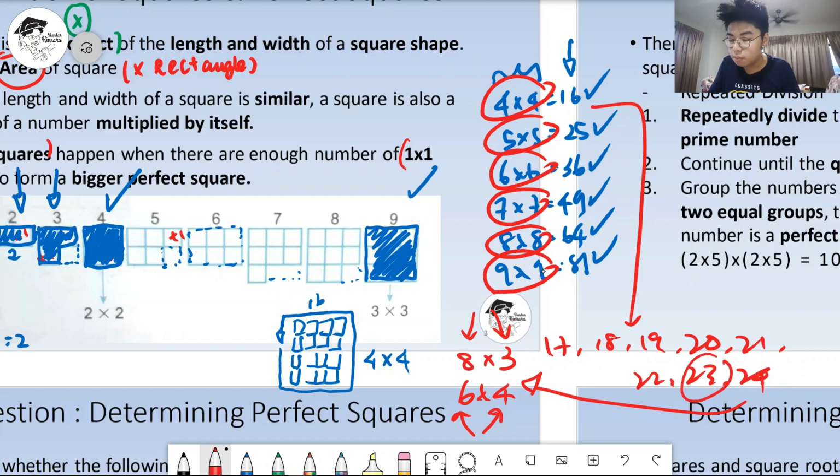Determine whether or not 19 is a perfect square. So, you will be able to see that it is not a perfect square, because it is going to be a fixed set of numbers. Okay? The numbers are already fixed: 9, 16, 25, 36, 49, 64, and so on and so forth. It's set already.